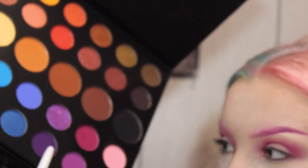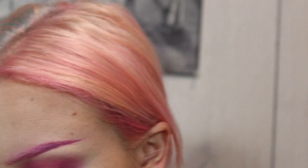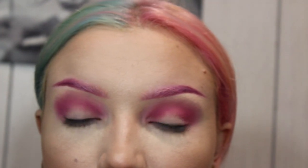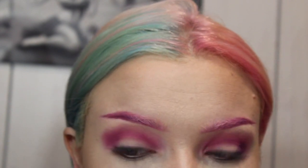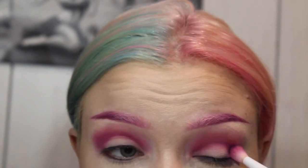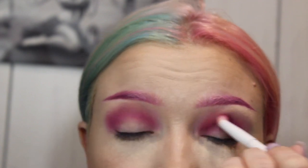Next I'm going to take the shade Escape, and it's going to be this darker purple right here. And I'm kind of going to just lay this right on top of the other one. And I'm going to be using the same brush. Just dotting it on because wherever you first lay down your brush is where you're going to have the most payoff for that color. So I'm going to start it here in the outer corner and then work it into